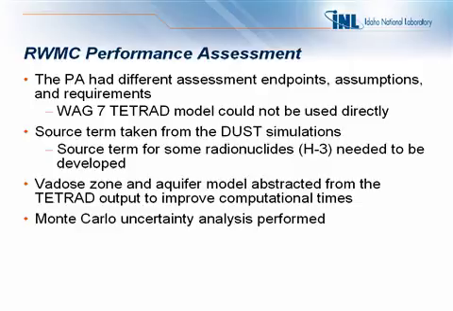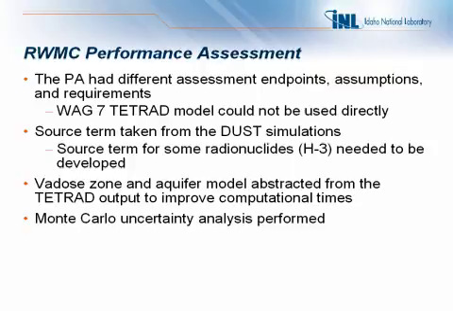Okay, we had different assumptions and endpoints, and so we could not use really the model directly. We had a different set, actually, of radionuclides we needed to consider, slightly different set. What we could use, we used. So we took the dust simulations and some of the radionuclides, well, some we had to do from scratch, tritium, because they did not do tritium in the RIFS. Then we abstracted the model to improve computational time, because we were going to do Monte Carlo uncertainty,